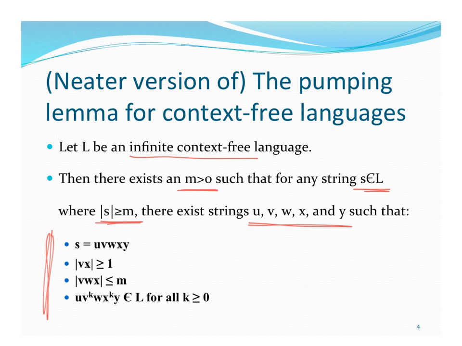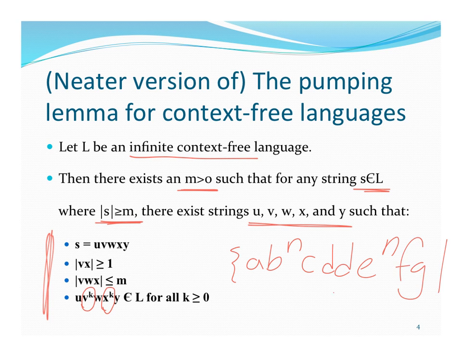The important thing to note here is that we're pumping two pieces now. We're taking the v part to the k power and also the x part to the k power, so k copies of v and k copies of x. With context-free languages, we have things like this. This is a language that is context-free: a, b to the n, c, d, d, e to the n, f, g, such that n is in the natural numbers. And you can get a feel for what can happen here if we pick a string